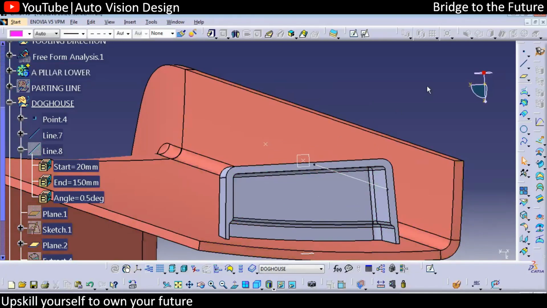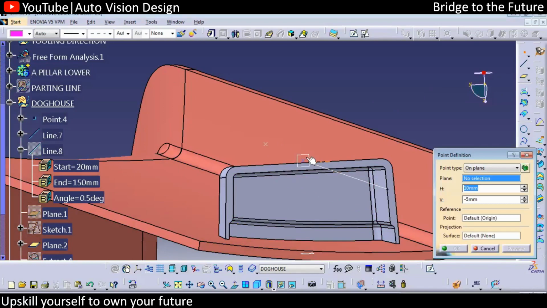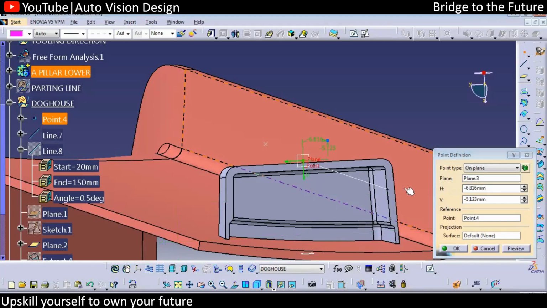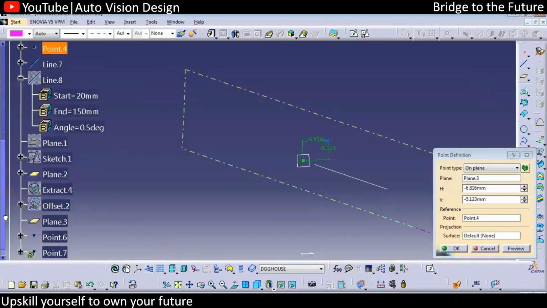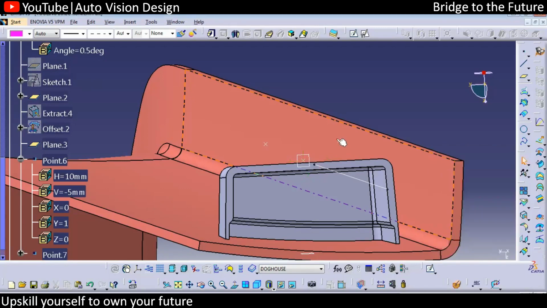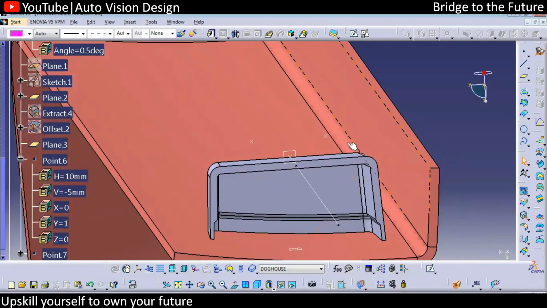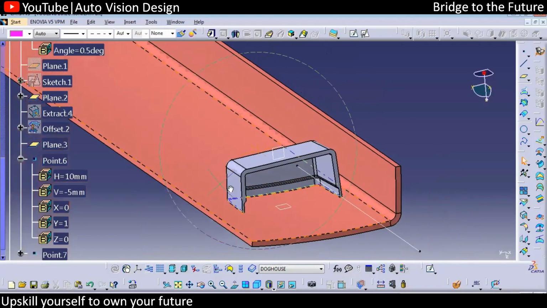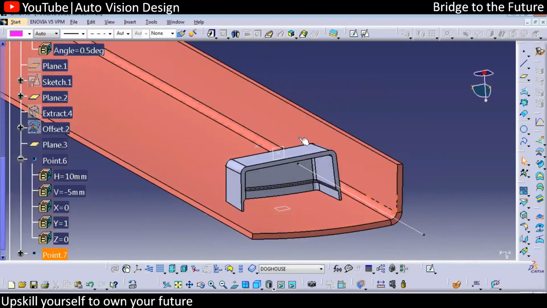We can select the plane, select the point, and here you can make the same value. It will be 10 and 5. Why are we taking 5? We are considering 5 as there will be a BRW. With respect to that, there will be a touching condition or whatever we want to have, so that we are considering as 5. So these 2 points we have, one is for the locator, one is for the clip tower.